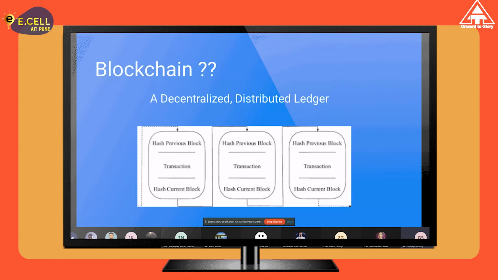For example, going back to our traditional systems, we have a bank that records all our transactions and maintains our balances. The balance that you see today in your bank is basically a number in the bank's database. So if the bank gets hacked, or the database gets compromised, the attacker can change the numbers in the database, and that can lead to fund loss or other issues. But in this case, the data is not stored in a single place. It is distributed across all the nodes in the system.